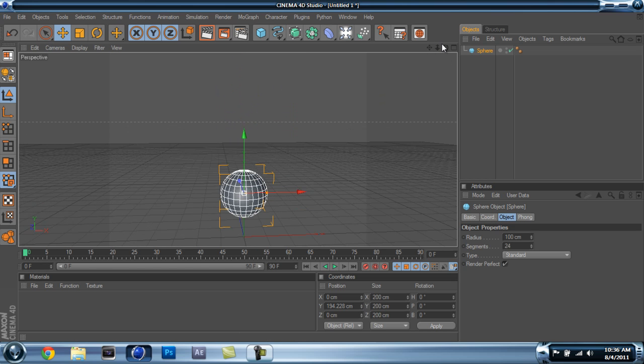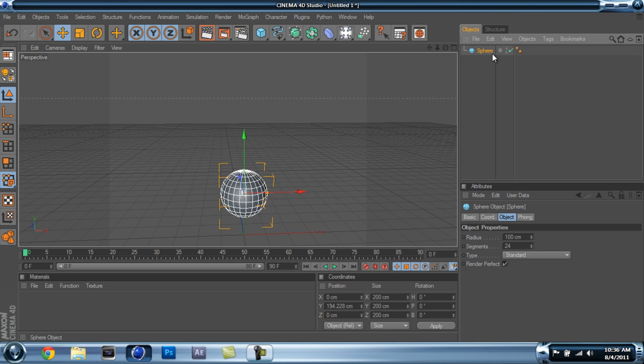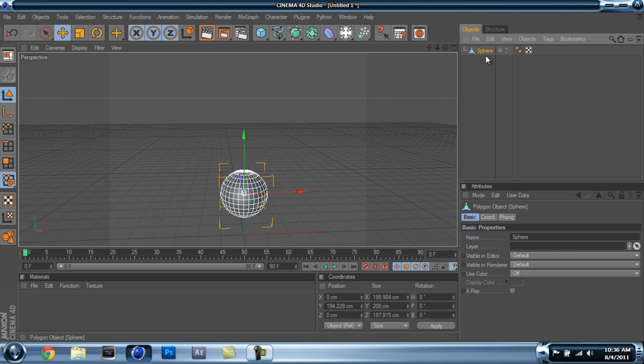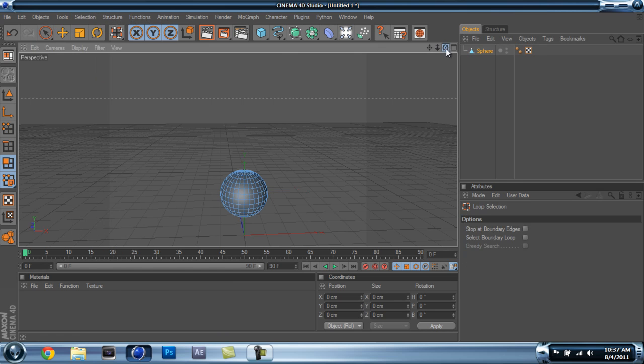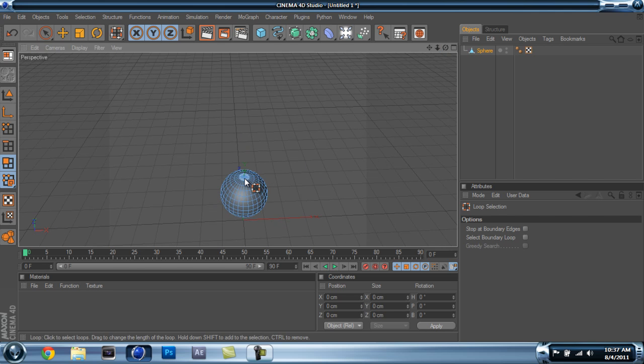The next thing you're going to want to do is go to your sphere, change the segments to about 30. Go to your sphere again, hit C on your keyboard, go over here, click that, selection, loop selection, change your camera angle, hold the shift key, select the first two rings,